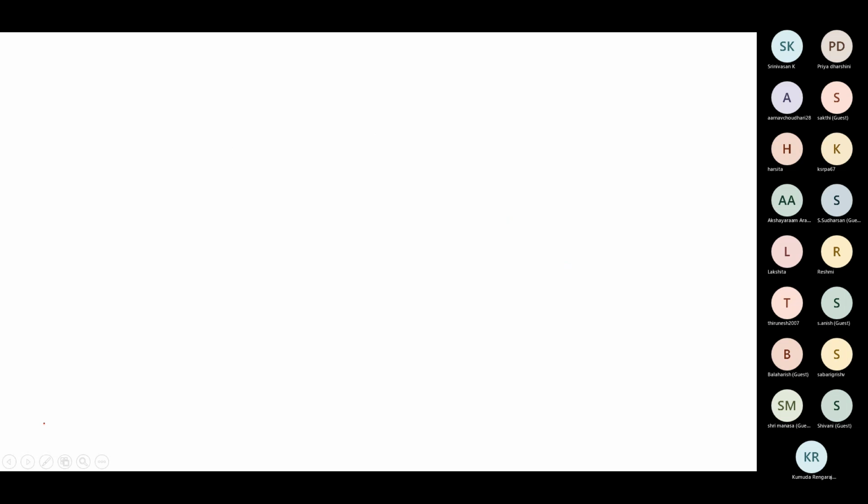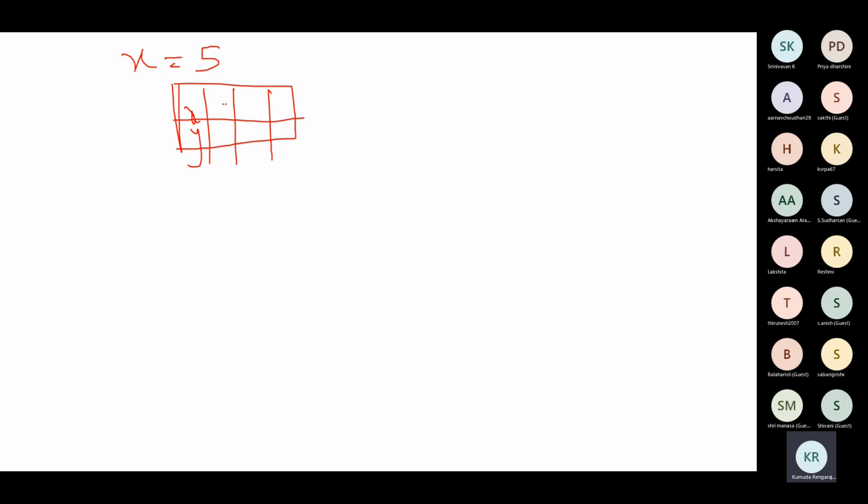Ma'am, how are they parallel, ma'am? Now when you take x is equal to 5. Is x is equal to 5 like x is equal to a? Yes, ma'am. 5 or minus 5, whatever. So what will you do in the table? What are the values of x? 5 everywhere. Values for y?